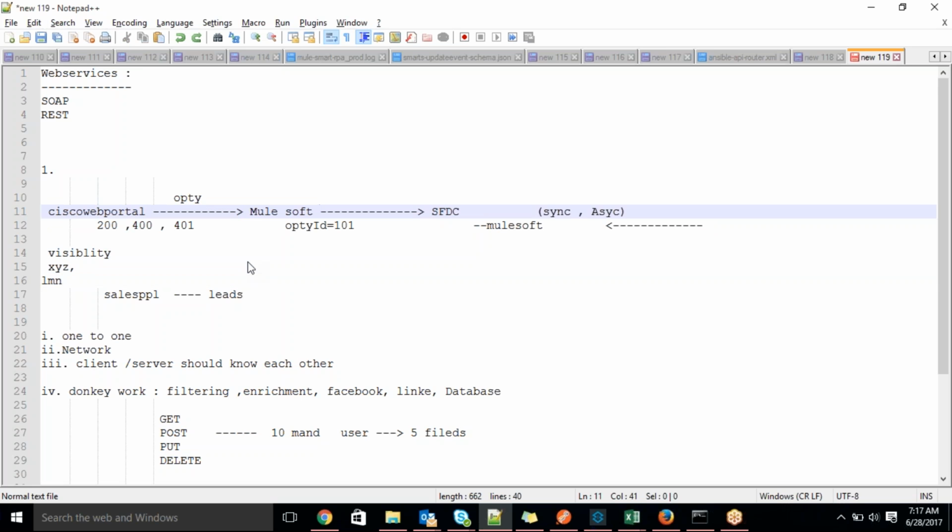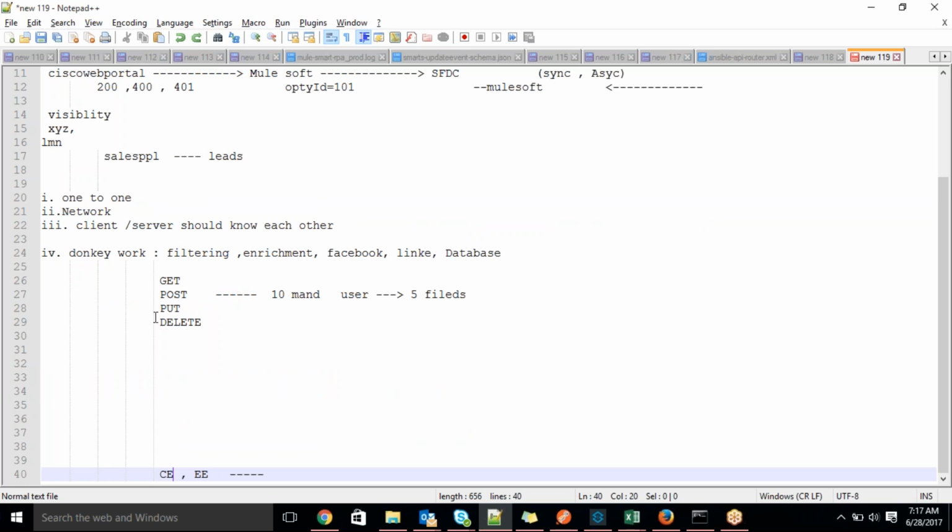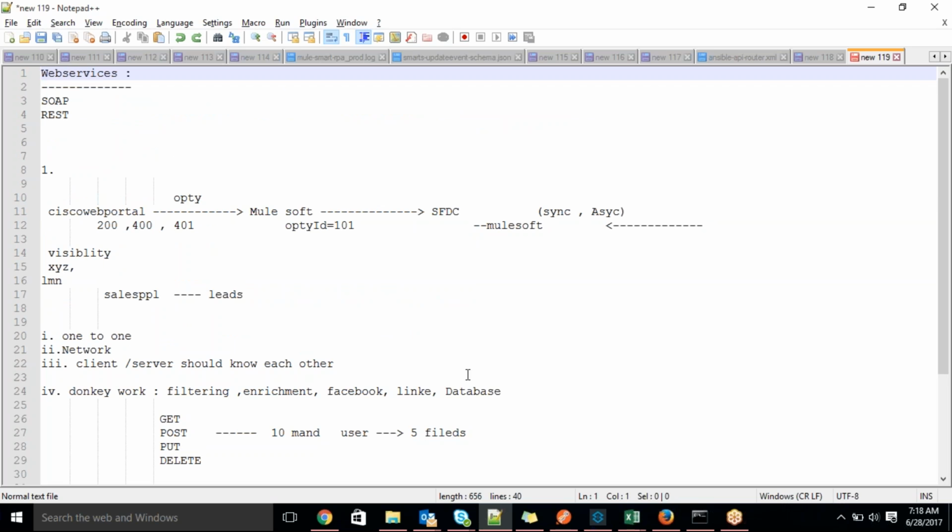So coming to your question, what I was trying to say is, if I remove that middleware, MuleSoft, in this use case, the client should know. Client in the sense Cisco portal should know who it is talking to to get the response, who is the server. Who is the destination, you can say, who is the target system. So all are the same terminology. The server in the sense is the target system. This client should know who it is talking to.